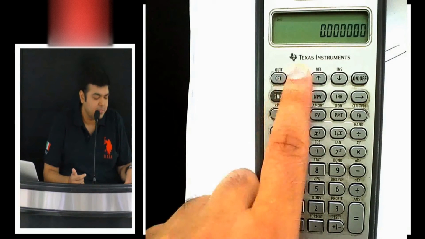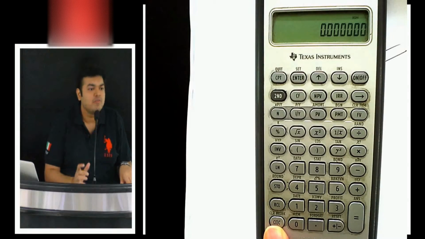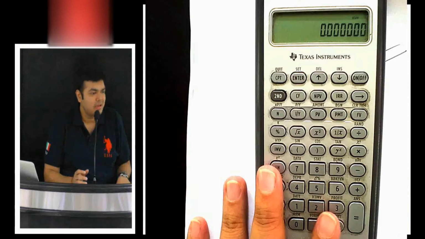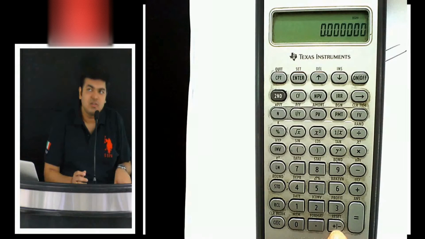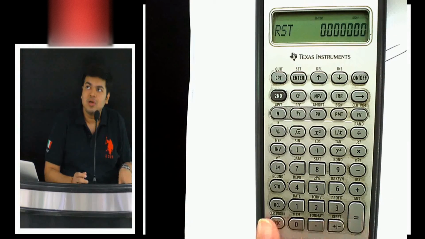Now say for example, I have set the BGN mode and I'm not able to remove it for whatsoever reason, or there is something wrong with my calculator. What you could do is, there is a reset word written on the plus minus sign on this button, above this button if you see. Everybody with me? Second reset equals to, and then